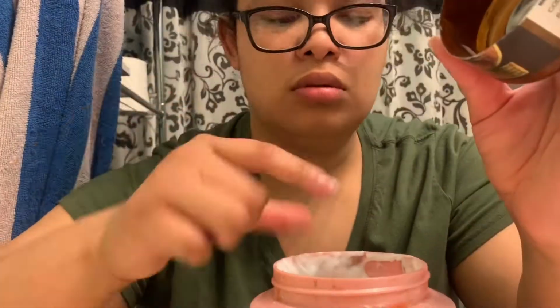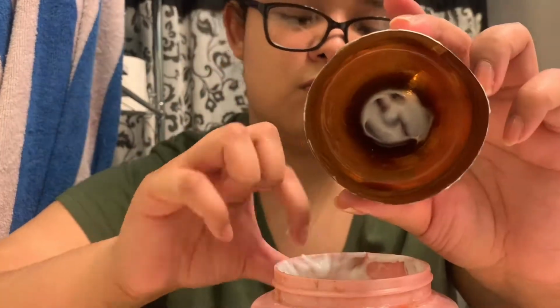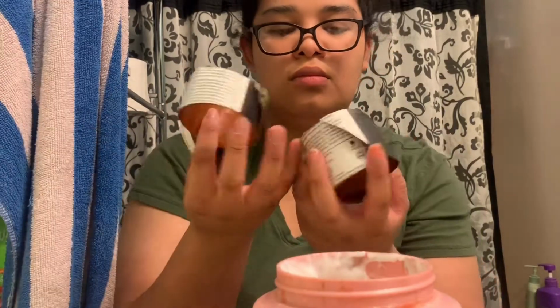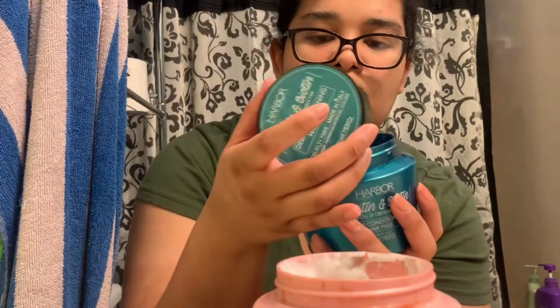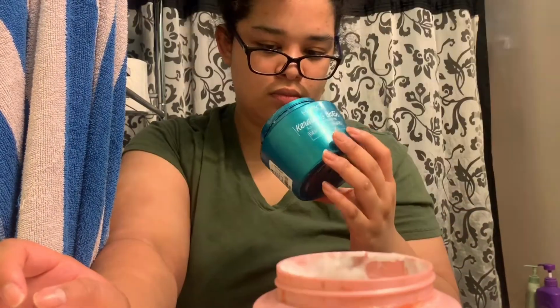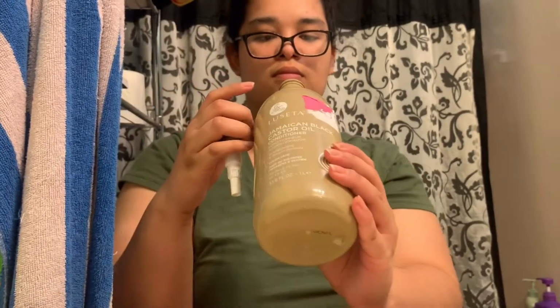So this is, to me, I've noticed to be a quiet time, because doing this quickly does not help. So I'm going to go back to that conditioner and pour the remainder in, but I feel like it needs to settle if there's any leftover product. I'm going to set that aside and show you a little bit of this conditioner, which is in the pink container. This is a jumbo conditioner I got, and I'm just going to wait until it's time to check to